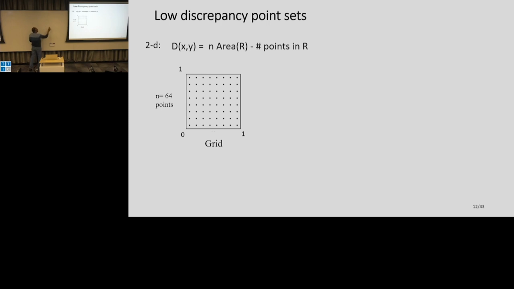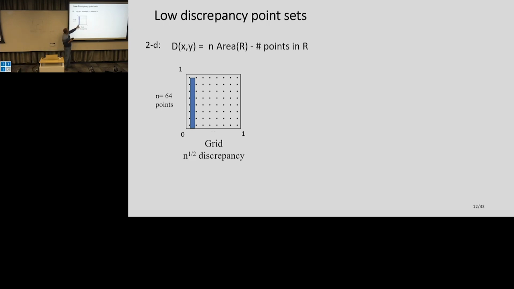Yeah, so the definition is right on the top, but let me draw it pictorially. If I look at any point x, y, I look at this rectangle, and the discrepancy is n times the volume of that rectangle, which is nxy, minus the number of points. Root n. Okay, why? If you take a rectangle which has height 1 over root n and width 1, good. Exactly. So this thing has about root n discrepancy.